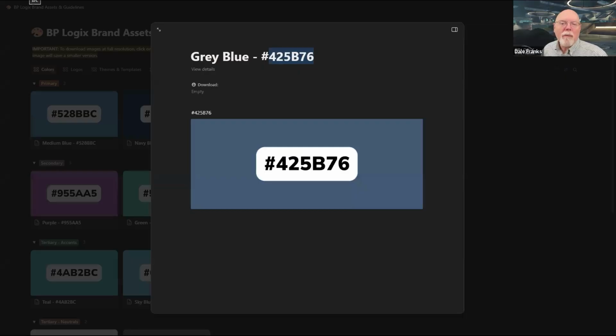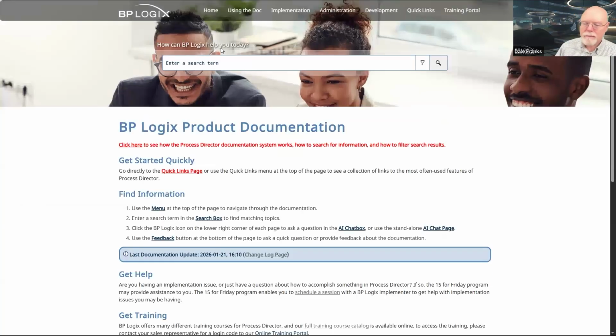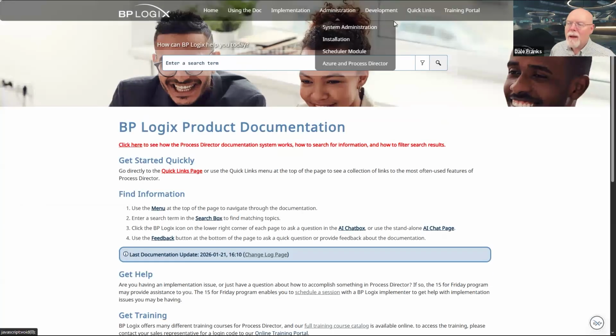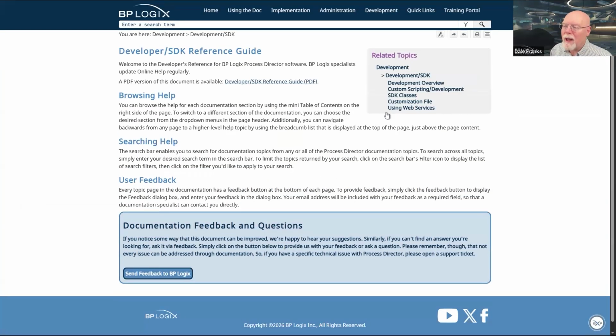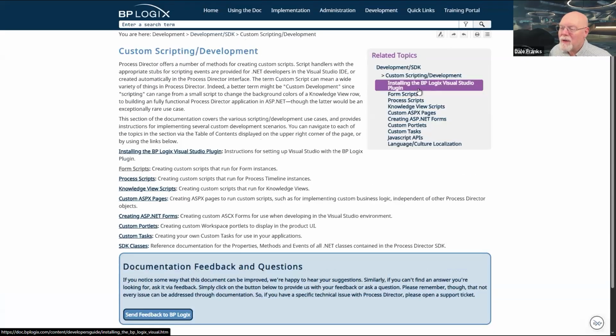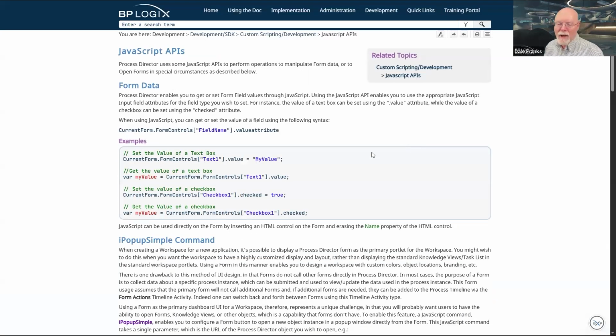In our documentation, in the developer's guide, so we go to Development SDK, and I think it is in development. No, it is not in development overview. Custom scripting development. Right down here, custom scripting and development, JavaScript APIs.